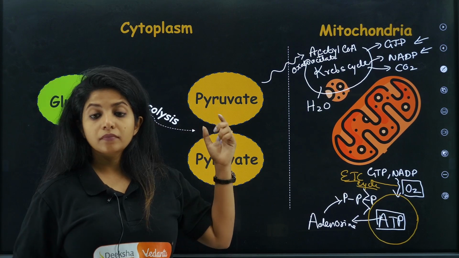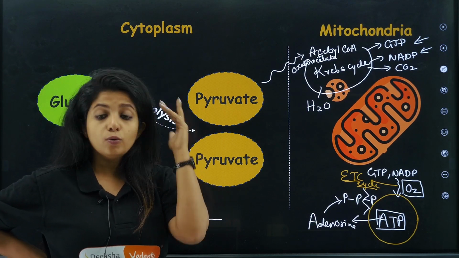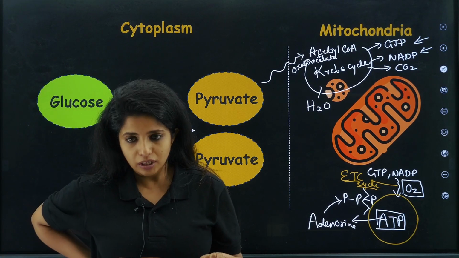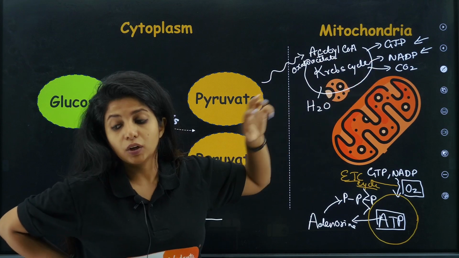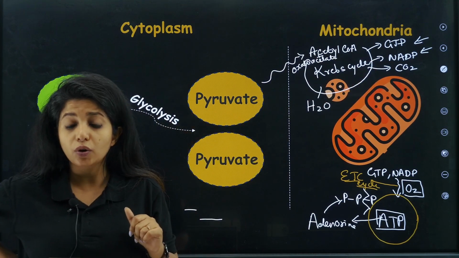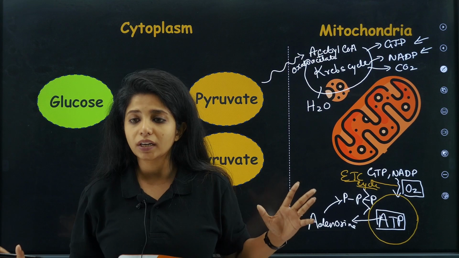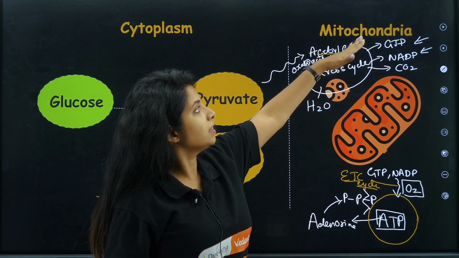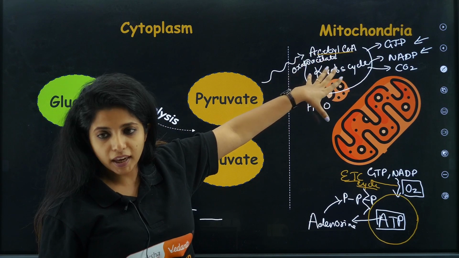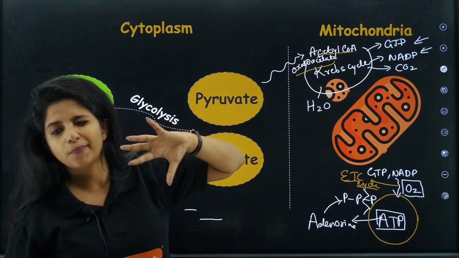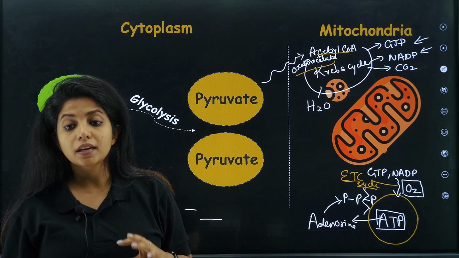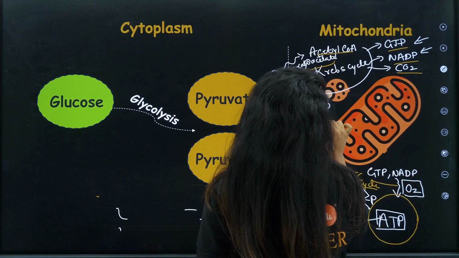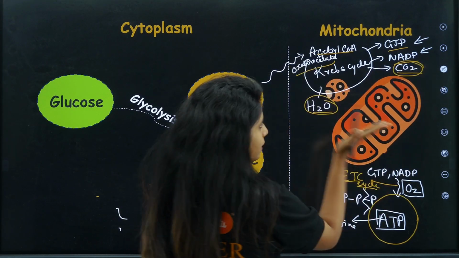So pyruvate said, I cannot stay over here. I have to go somewhere very airy where oxygen is there, then only I can do the whole process of making energy. So pyruvate got inside the mitochondria, but then it got to know that it cannot stay as pyruvate. It has to get converted to something known as acetyl-CoA. This acetyl-CoA became friends with oxaloacetate. They had so many reactions in here, and at the end you again end up with oxaloacetate. This whole cycle, happening in the mitochondria, is known as the Krebs cycle, where you get GTP, NADP, CO2 and H2O. Let's keep CO2 and H2O aside.